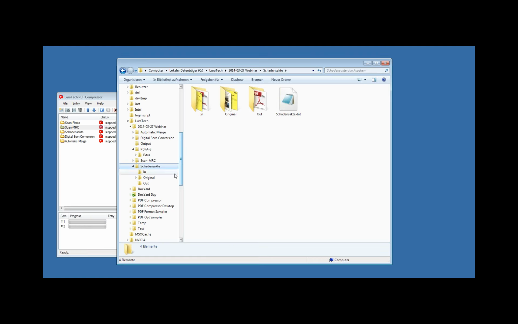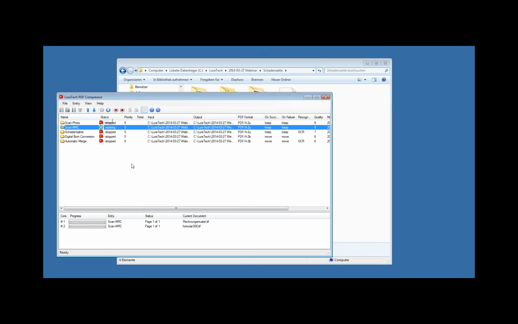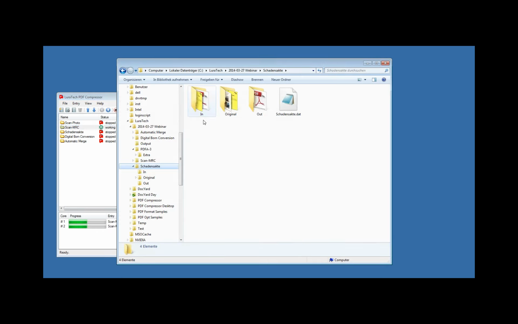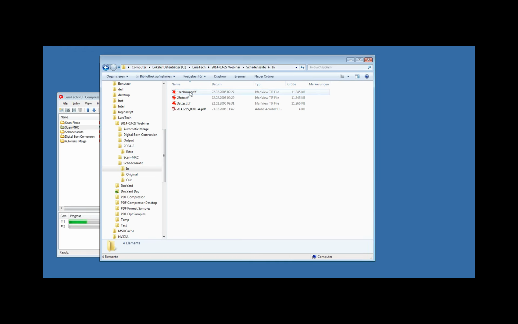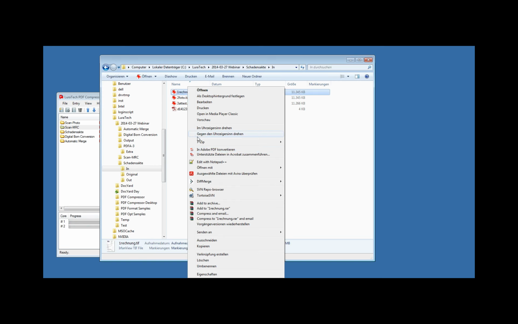That may well be worth the effort, and it's not going to invalidate the overall compression result. I have another job here, which I'm also going to start right away because it will take a moment to complete. This one works with a typical set of insurance documents. At least in Germany, that's a rather common use case